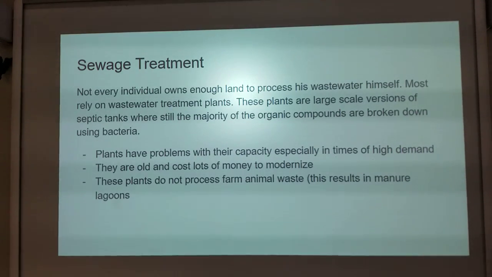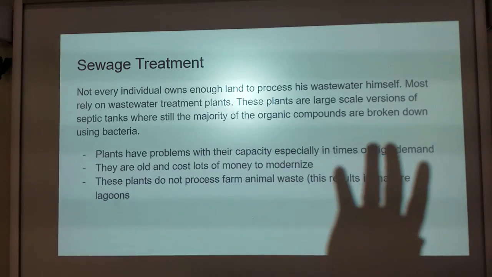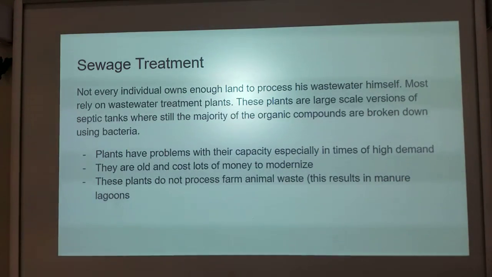So instead, we pump our sewage to a water treatment facility, which is sort of like a large-scale version of a septic tank. They use some other methods. Okay, they might use chemicals. Most of them don't, but they might use filtration to a certain degree, usually some sort of mechanical filtration. But for the most part, they let the water sit in vats and do exactly what a septic tank does. They use microbes to eat away at the waste products, the organic material that's found within that wastewater.